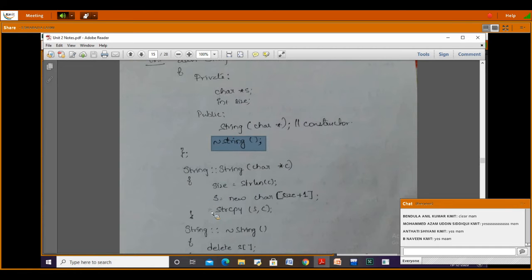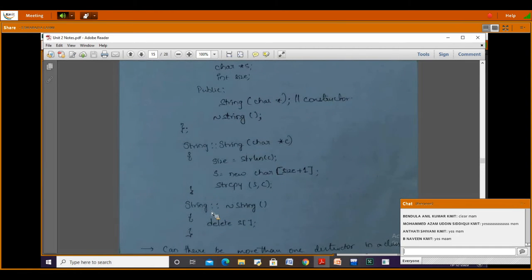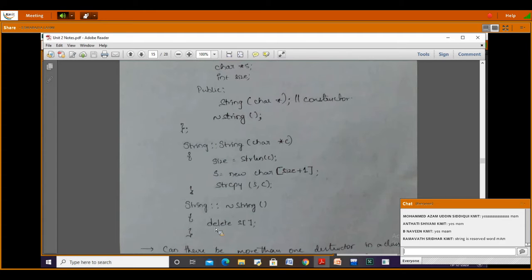In this destructor, the code I'm going to include will be delete s array. That means an array of objects, if created, will be deleted with the help of this delete s array. So how do we write the member functions outside a class?